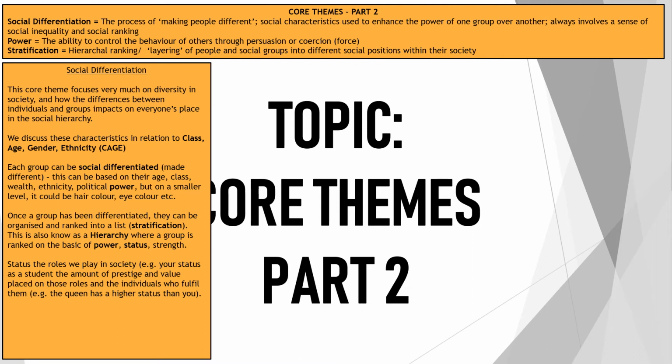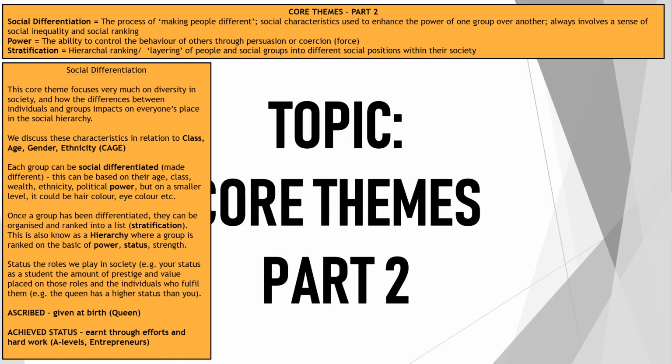Within this, we also see status. Your status is the role you play in society. It's the value or recognition your status contains. And the way you're given status is in 2 ways. You can be ascribed status, in which you're given it at birth. So the Queen has an ascribed status. She was given the title of Queen, or is going to become Queen. An achieved status is one you earn through your own efforts. You have worked and achieved it. So you have achieved your GCSEs, that's an achieved status. You weren't just given those qualifications.